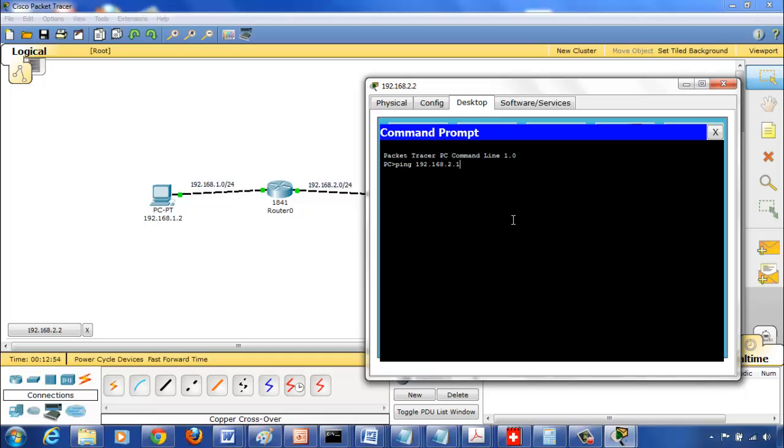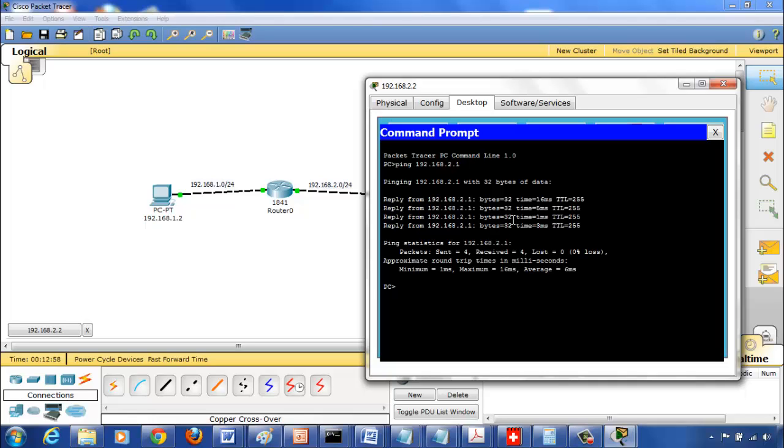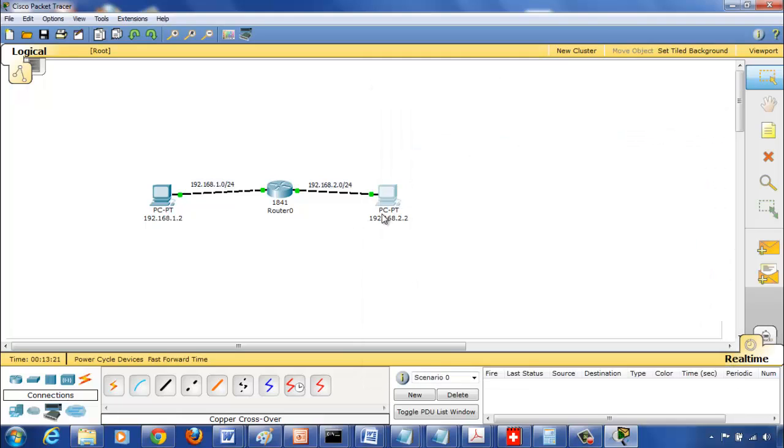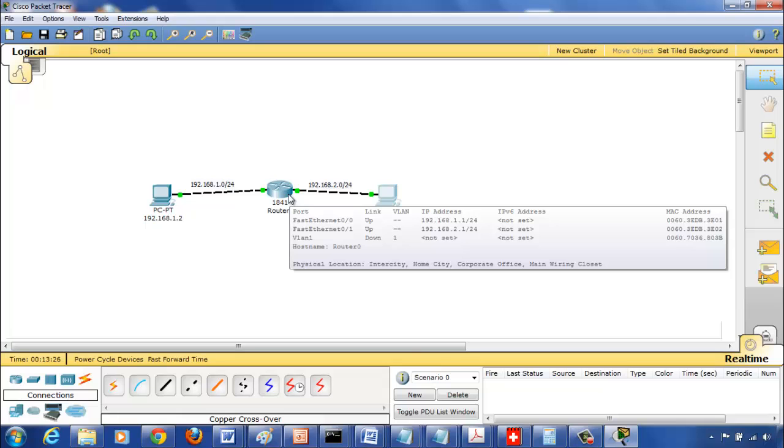That is 2.1, right? So we'll get back a reply. Right? So now let's ping our first host, 192.168.1.2. You should get back a reply now. Right? Now why does this work now? Because the packet goes from this PC to the router on this interface, and this router,